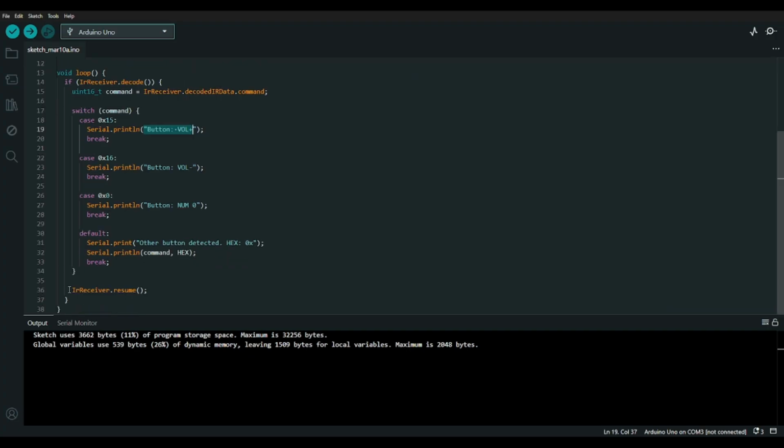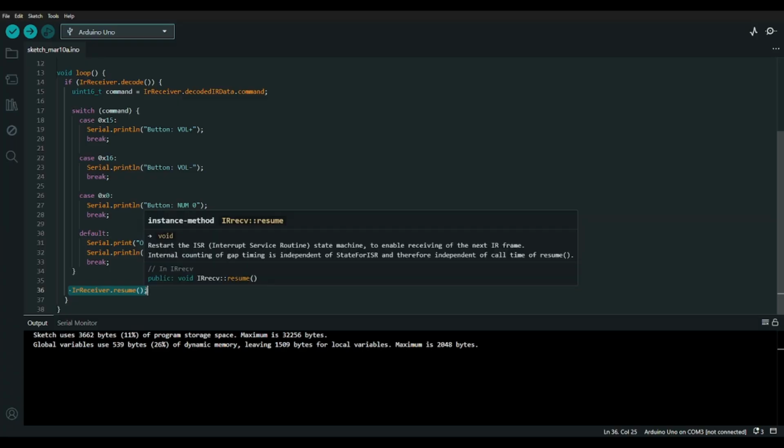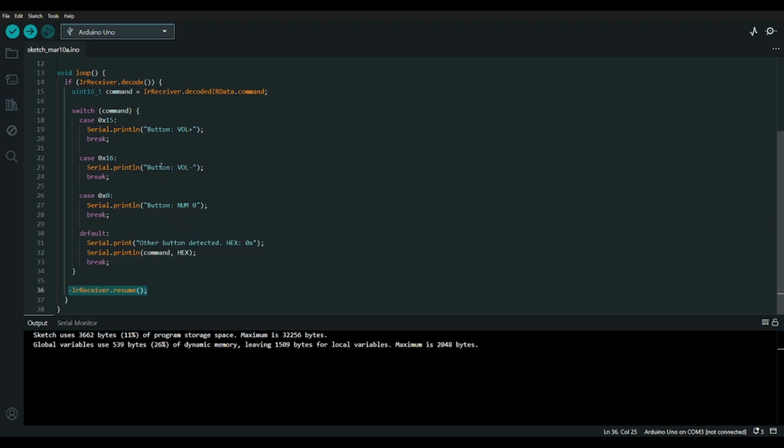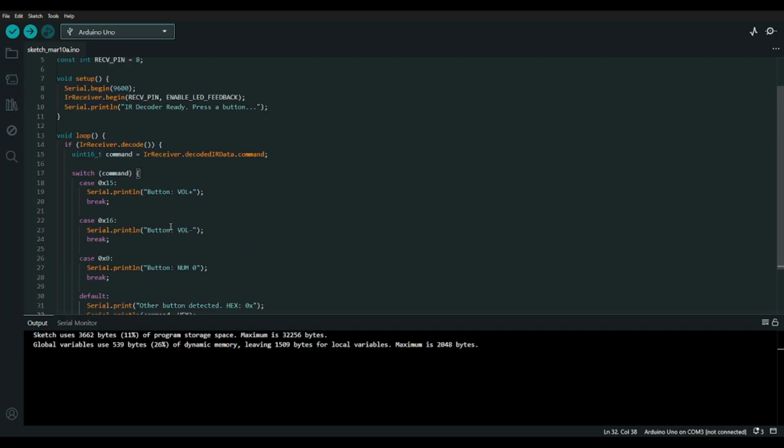So in the last line here, when IrReceiver.resume is called, it clears the receiver's internal buffer and tells it to restart listening for the next button press. If I forgot the reset, this only works once, I think.